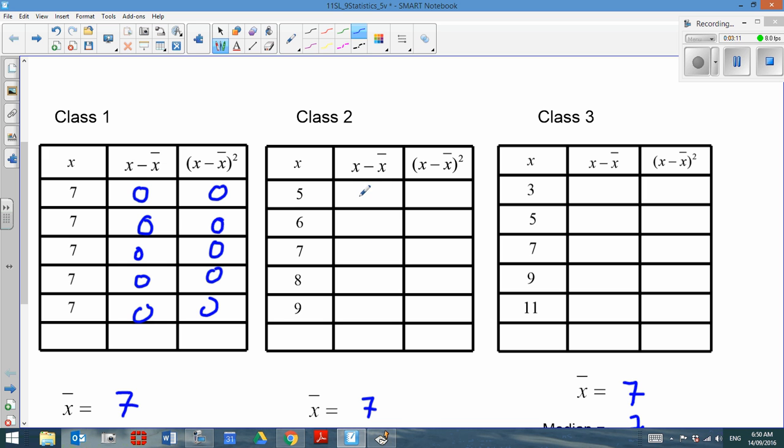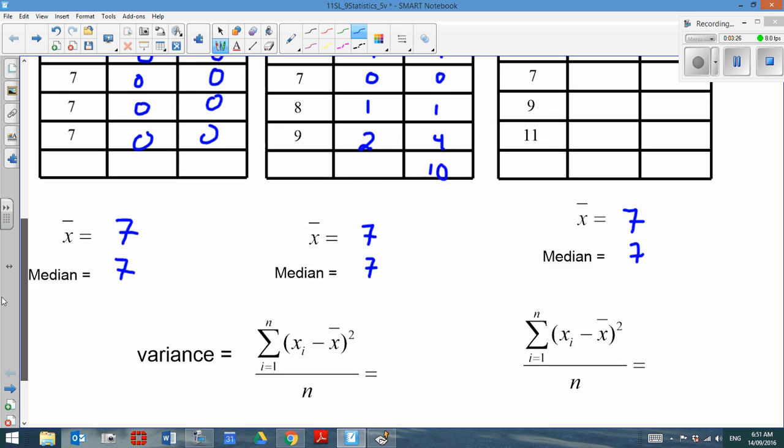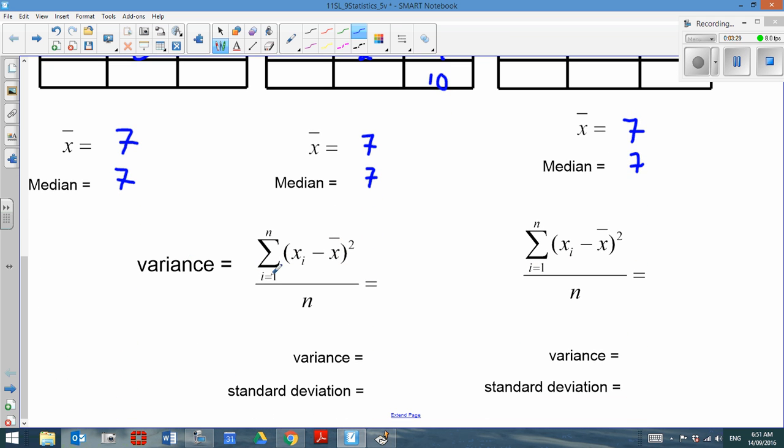X minus 7, so you're going to wind up with -2, -1, 0, 1, and 2. If I square all those values, we get 4, 1, 0, 1, and 4. We add that together, we get a total of 10. So what the variance does is it takes the sum of all of our X deviations, X minus X bar, the mean, squares them, and adds them together. I got a total of 10, and then I divide by the 5 values that I have,